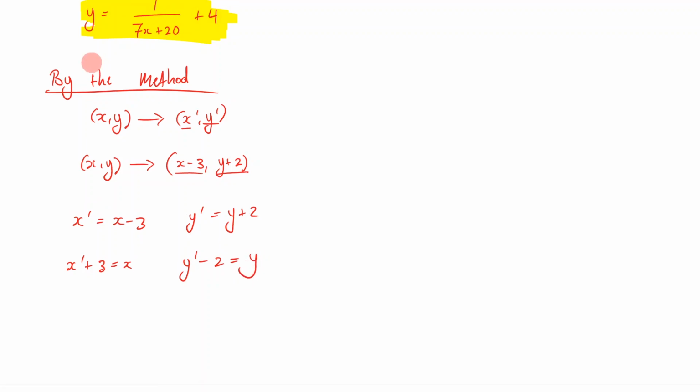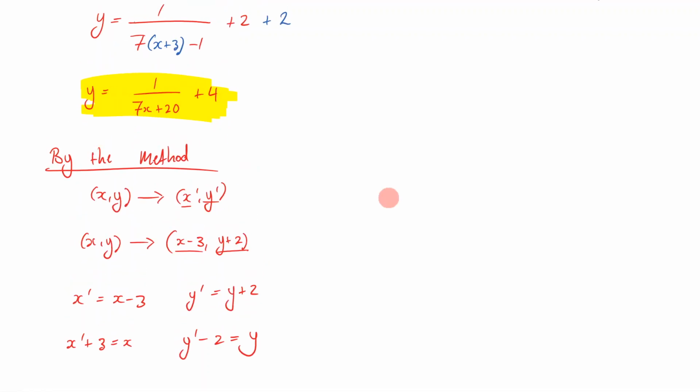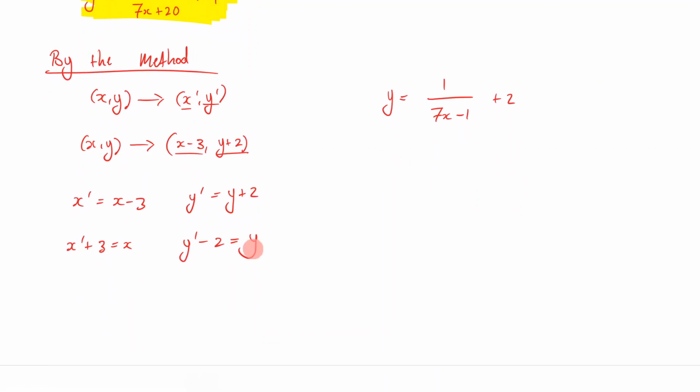I then remind myself what the original graph was. It was y is equal to 1 on 7x minus 1 plus 2. And now I'm going to sub in my x and y. My y is y dash minus 2, so I put in y dash minus 2 here. And then my x is x dash plus 3, so 7 times x dash plus 3, minus 1, plus 2. You can immediately see why you're not going to make a mistake by doing it by the method,